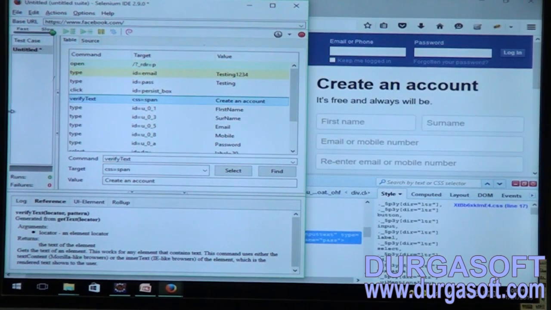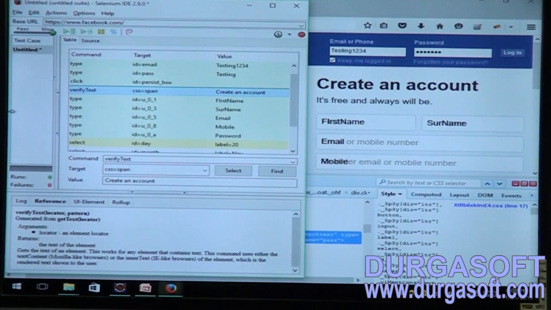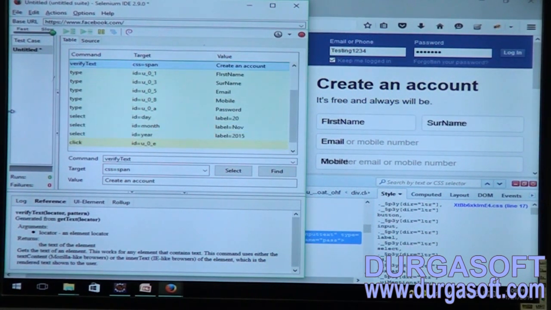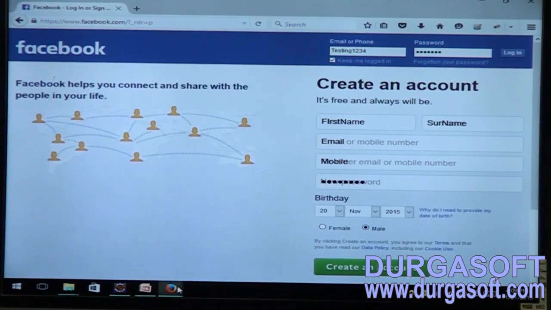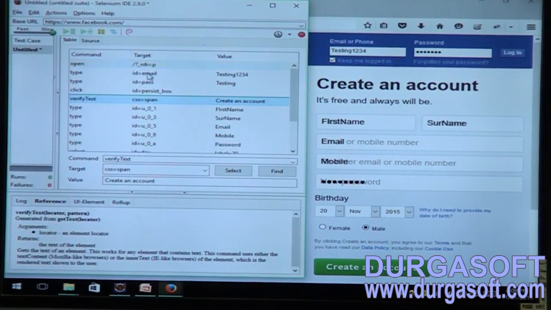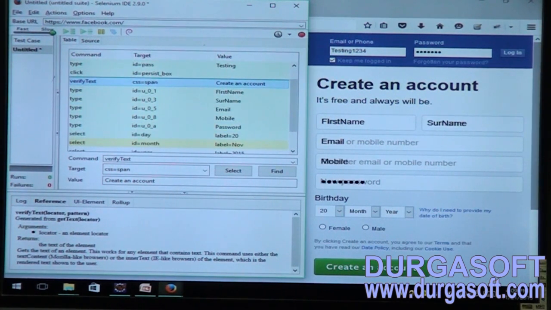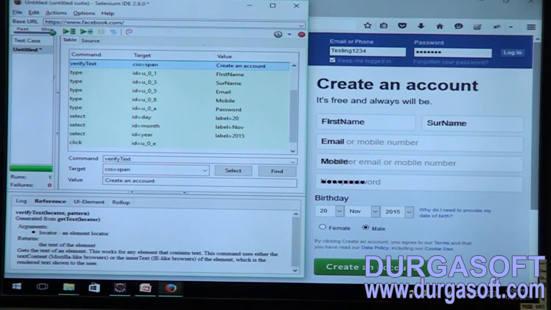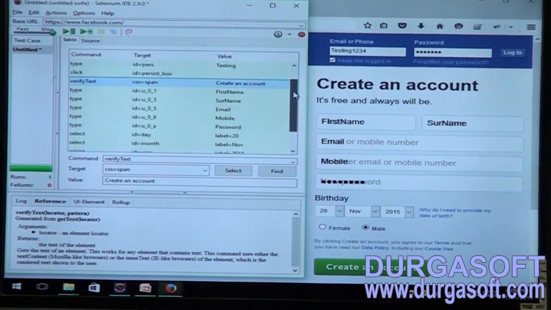Let's go and see, team. When it runs successfully, you can see the background color of each and every line has changed to light green. See, everything is fine. Let me close this Firebug. Let me rerun it again so that it will be pretty clear for you as well. Now it has reloaded the page and is going to enter the values: the first name, the surname, mobile and password, then select the date, month and year, and check the checkbox and the radio button as well. Fine, so the validation is done over here as well, right, team?